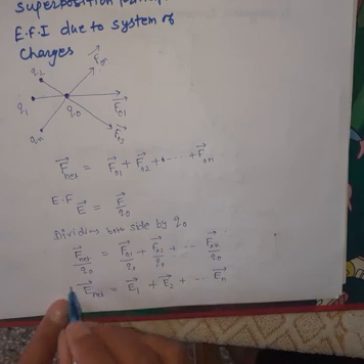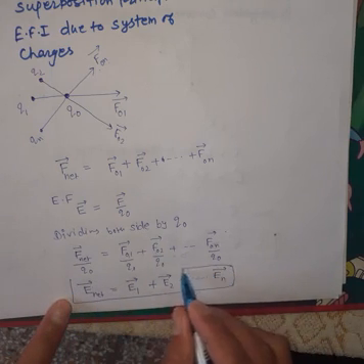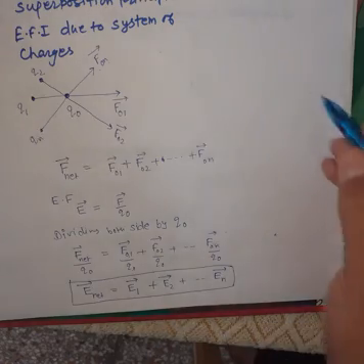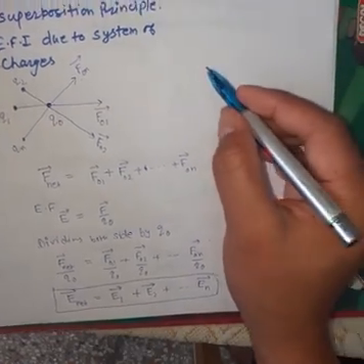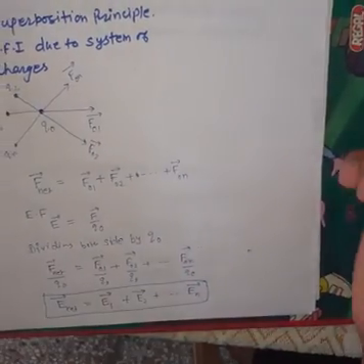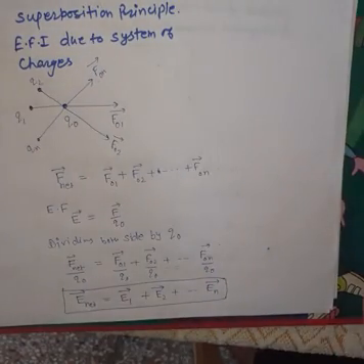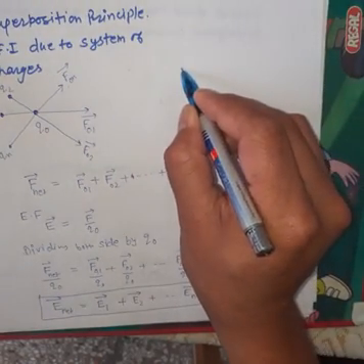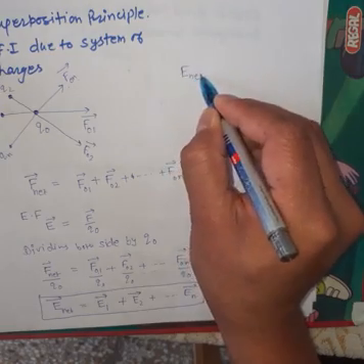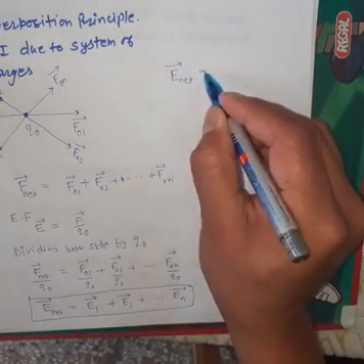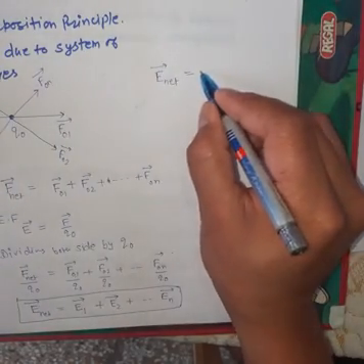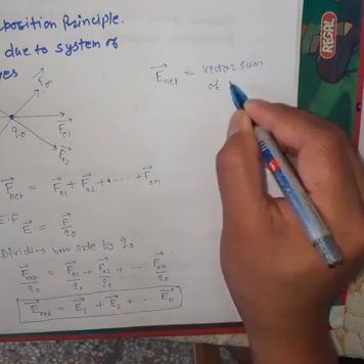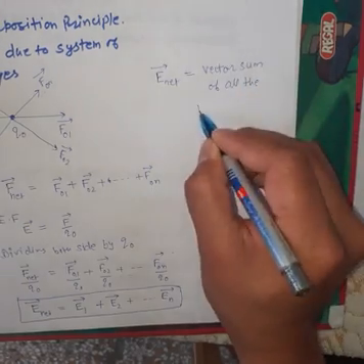So thus I am getting over here the resultant electric field. So the resultant electric field comes to us. So thus we get over here the superposition principle, how it is helpful to find out electric field intensity due to a system of charges. Therefore we can say that the net electric field strength is given by the vector sum of all the electric field intensities